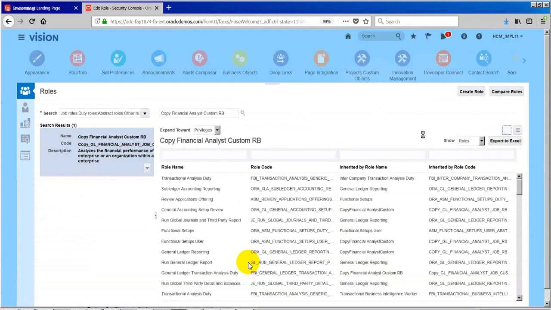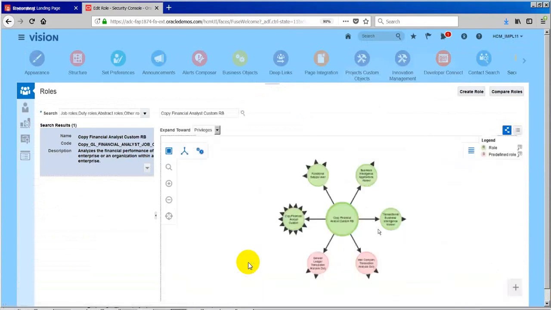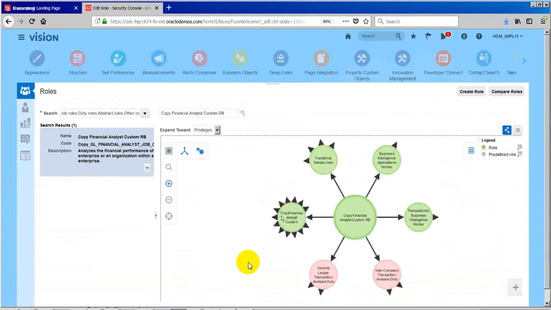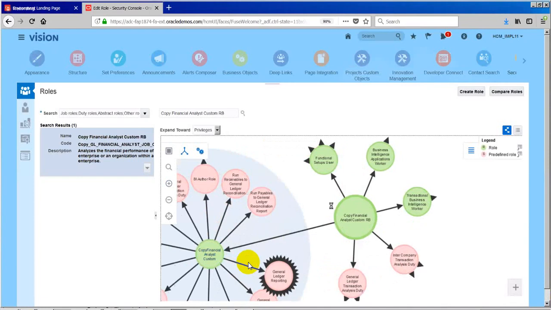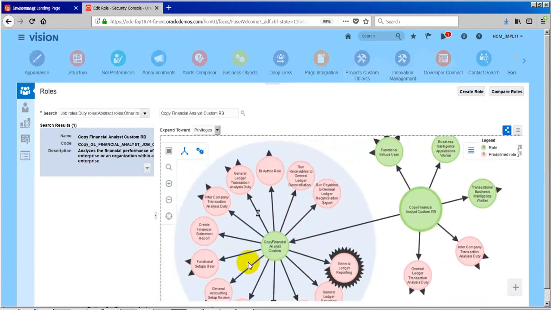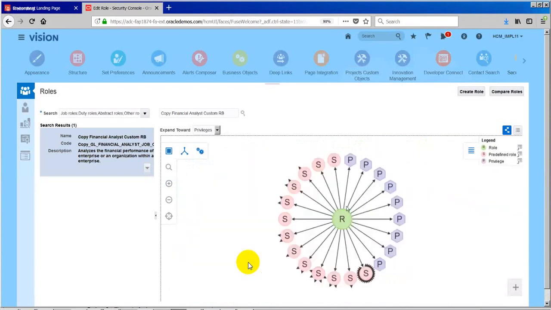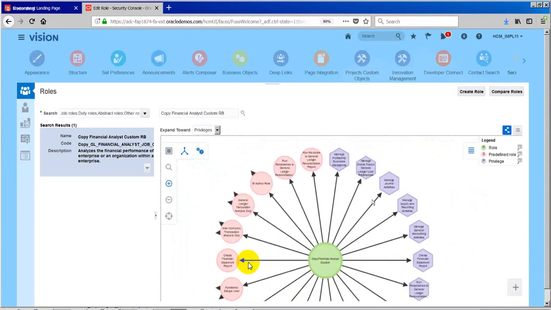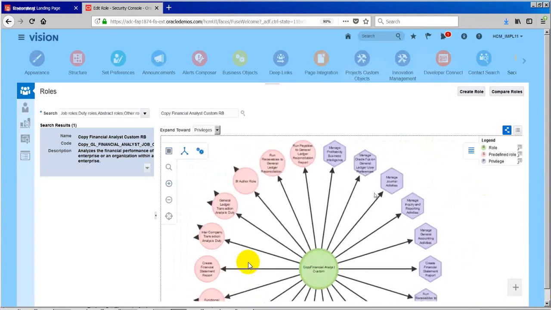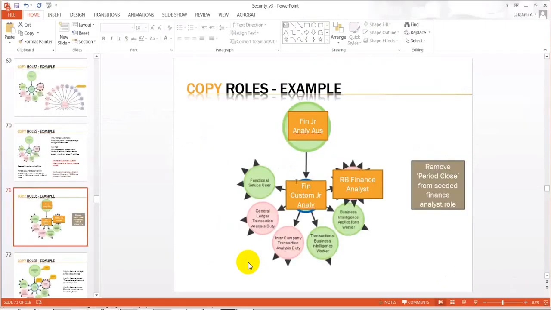So now it's going to have the copy financial analyst custom role. If you see the properties of it, this one has actually taken out the manage periodic close activities, right? So this is done. So now what we did, we have created this one.